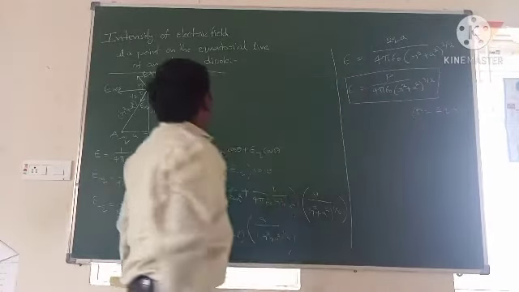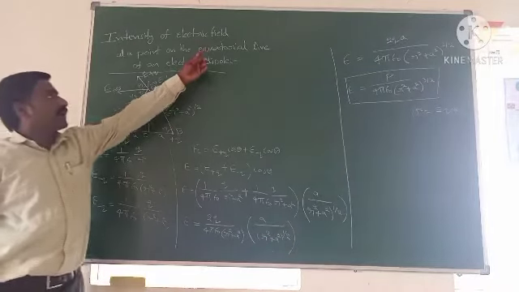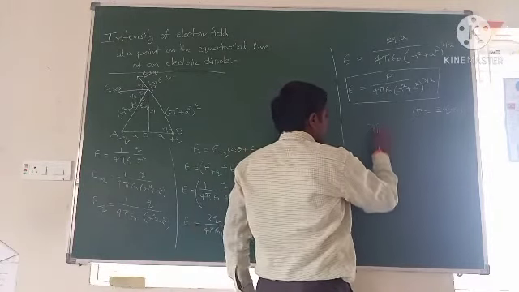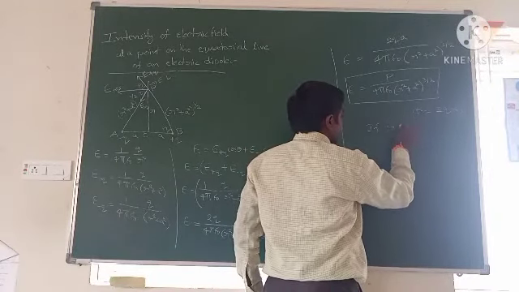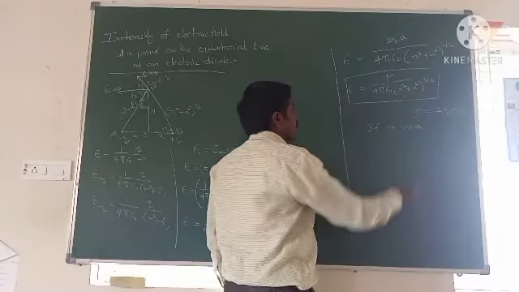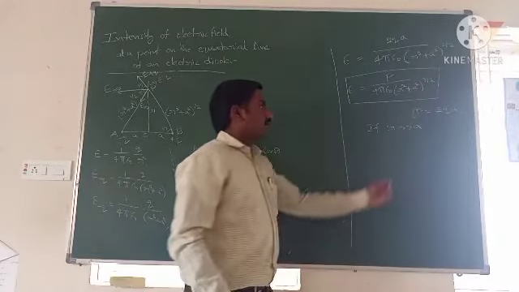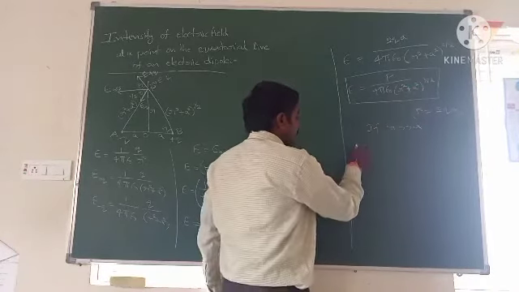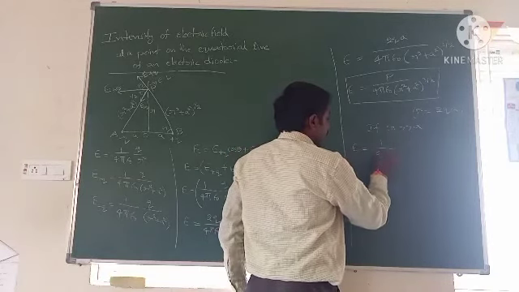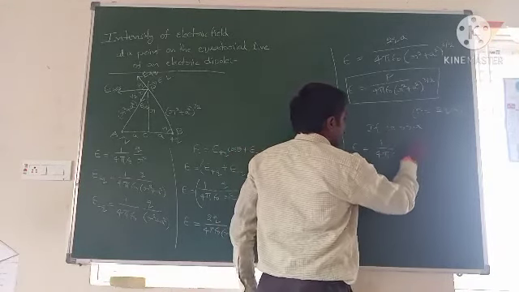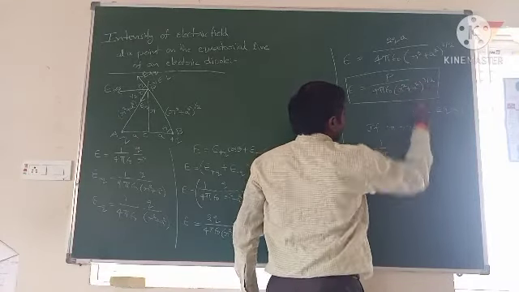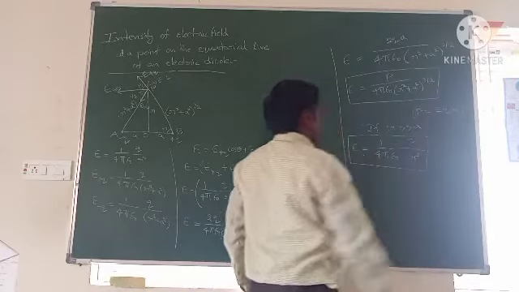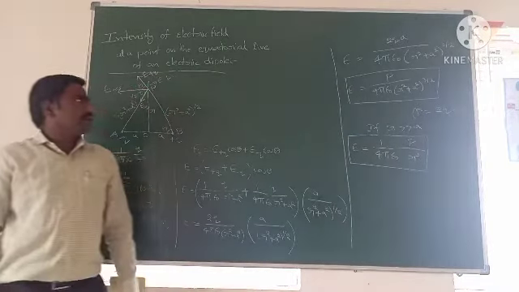So this is the electric field intensity at a point on the equatorial line of an electric dipole. If the condition is r is greater than a, then the value of a will become very small, so that can be neglected. When r is greater than a, so when you apply this condition here, then you can get E equals 1 by 4 pi epsilon naught p by r square, which will be cancelled, then you can get r cube. So this is the electric field intensity at a point on the equatorial line.